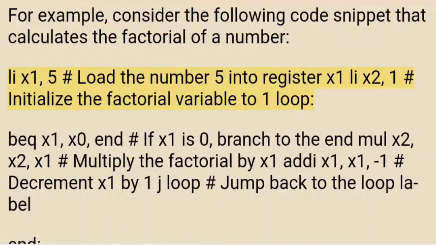li x1, 5 # load the number 5 into register x1. li x2, 1 # initialize the factorial variable to 1. loop: beq x1, x0, end # if x1 is 0, branch to the end. mul x2, x2, x1 # multiply the factorial by x1. addi x1, x1, -1 # decrement x1 by 1. j loop # jump back to the loop label. end: